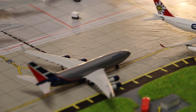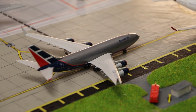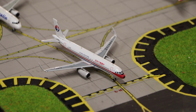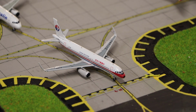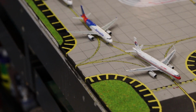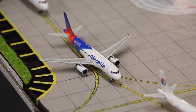Behind that we have the Cubana Ilyushin IL-96 in the hybrid Aeroflot livery, and yeah, making its way out to Havana via Dubai. And here we have the China Eastern Airbus A320 with Sharklets. We'll head out to Shanghai Pudong via Denpasar very soon. And behind that is the Air Canada A320 and is just heading out to